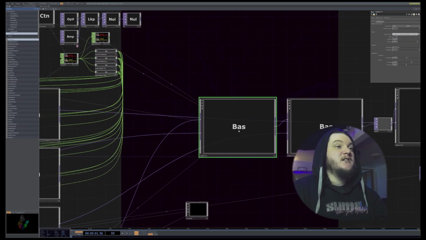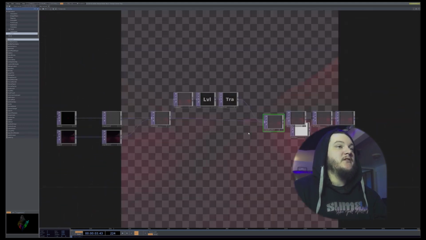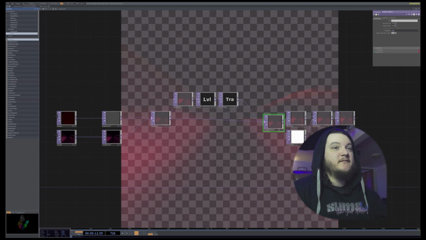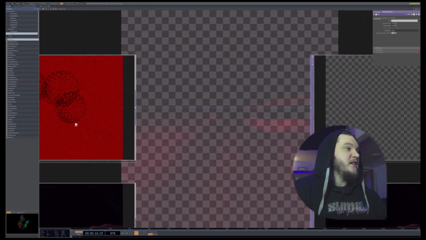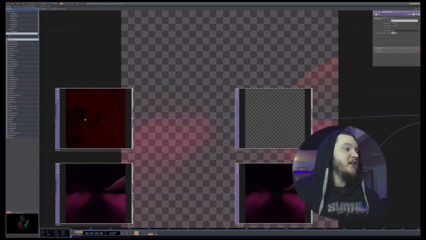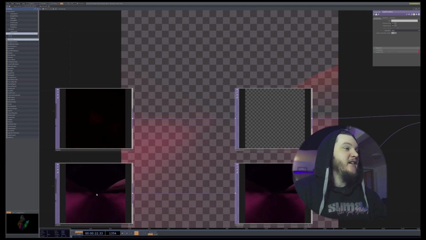And this is a custom composite node that I've built. It's very simple. It's got a feedback loop, and yeah, it's very simply laid out. You can see I have my first input here and my second input here. So this is going to be A, and this is going to be B. And if we go up to the parameters here,